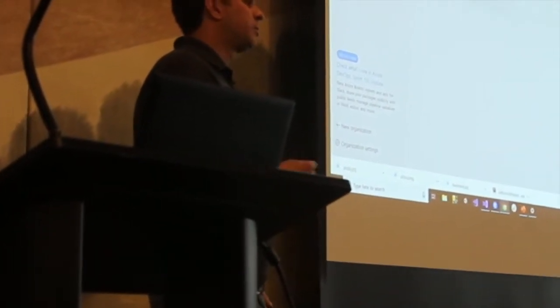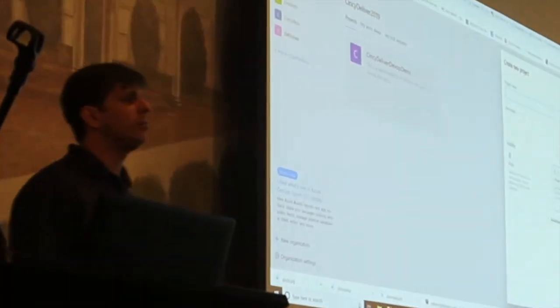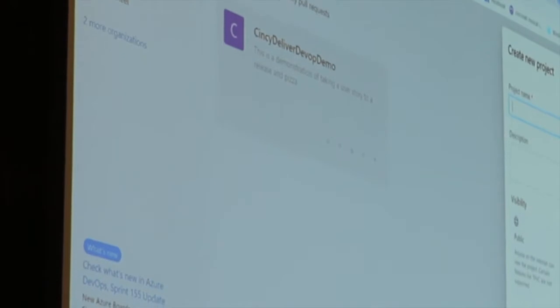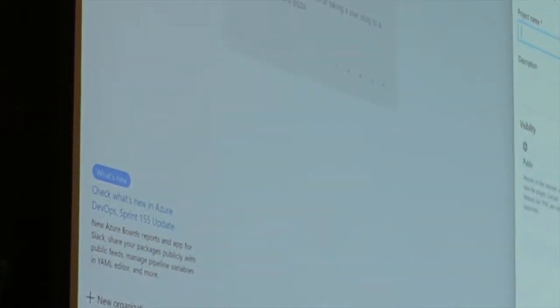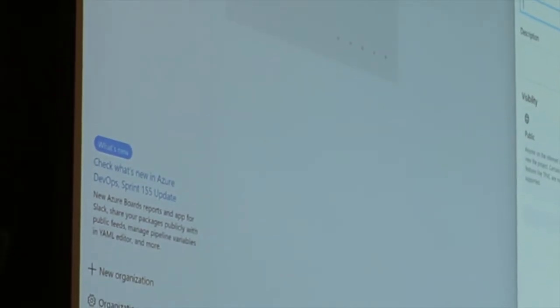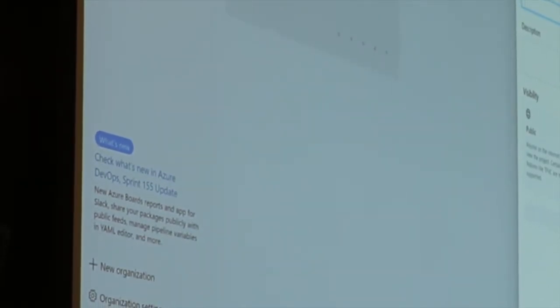You have the opportunity to have a public or a private project. If you're going to use Azure Managed to do this, use private. I was going to make a public demo for this so you guys could do it, but I didn't want you guys changing or running builds and using up my minutes. Because you only get $1,800 a month for free. So you create a private one, and under here,